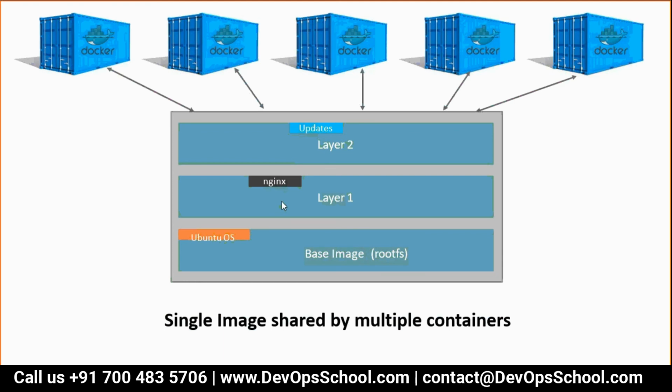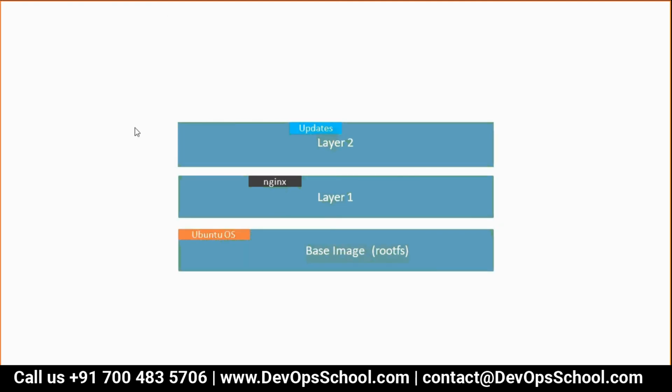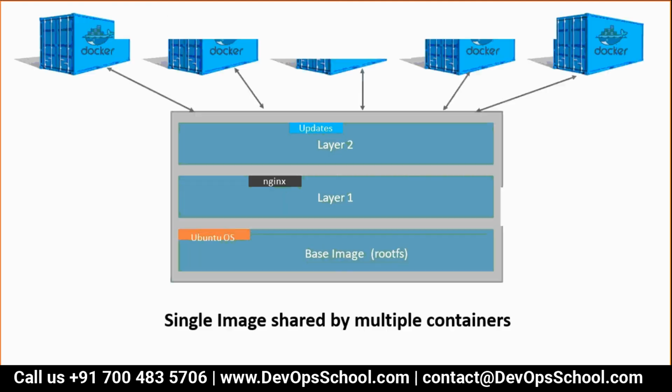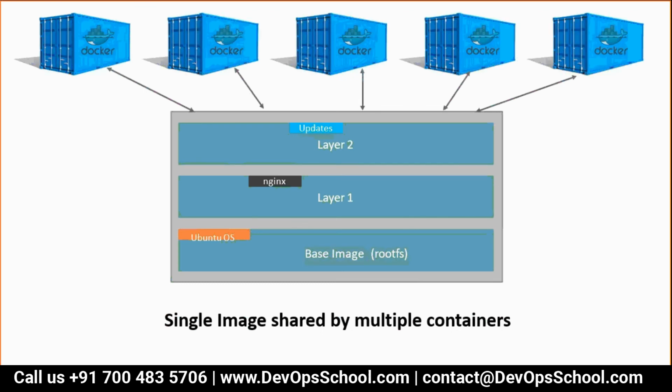So Rajesh, I have a question. Yeah. So all the images will contain this Ubuntu and then Nginx and this update. We told that images are specific to each OS, right? OS dependent. Already we are downloading the image, right? We are creating the image, right? So all the images will contain these layers.